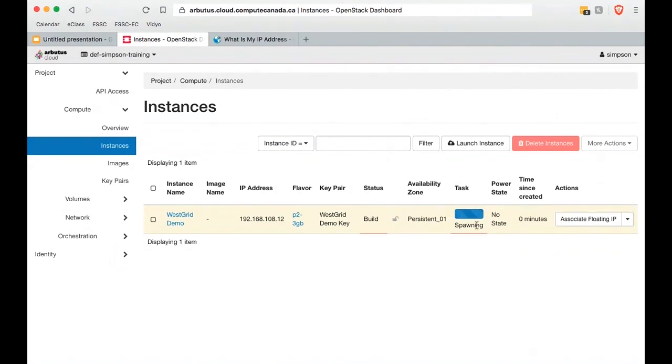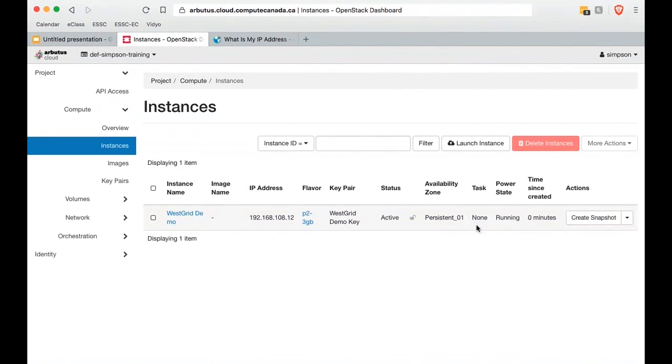there's two more things we need to do before we get in, and we can do them fairly quickly. The first one is we're going to need to, well, it's already up and running. We can see that here under its power state. So here's the name that we gave it. Here's its local IP address that's just within the cloud system itself at Arbutus. There's its flavor. This is the key pair that I'm using. It's currently active. It's not locked. You have the option to lock it on the menu at the right, which prevents it from being accidentally deleted or overwritten.